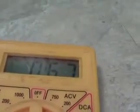In other words, what we're reading is actually the filament of the light bulb. Okay? So as long as there's a reading there, then it's good. Mostly good. I mean, if it was really high, we might wonder about it a little bit. But if for some reason that filament was open, it would read like that, which means infinite ohms. In other words, there's no